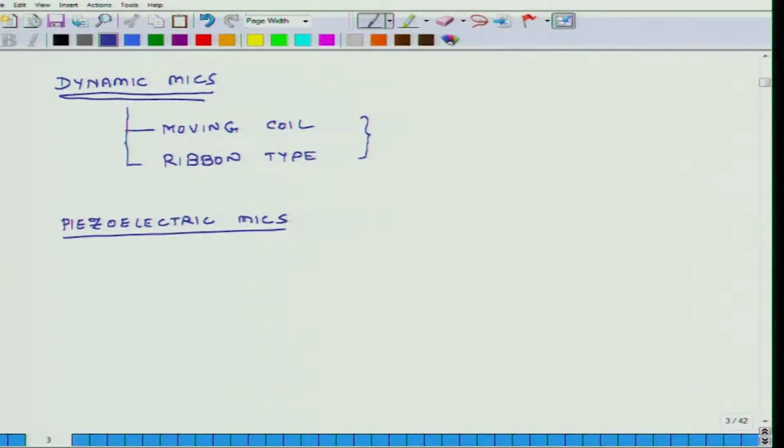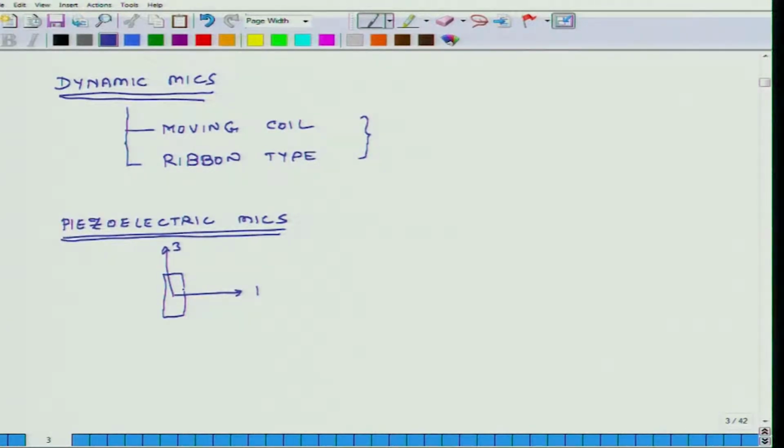Piezoelectric mics. Okay. So again, I am fairly certain you are familiar that these piezoelectric materials have a property, and it depends on which type of material we are talking about, but suppose you have, let's say this is a piezoelectric material, this is my, I call it direction 1 and I call it direction 3, suppose,